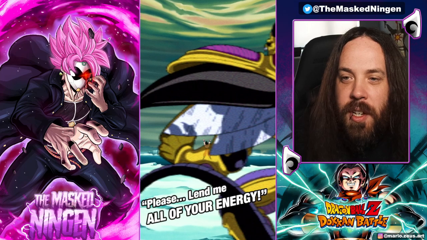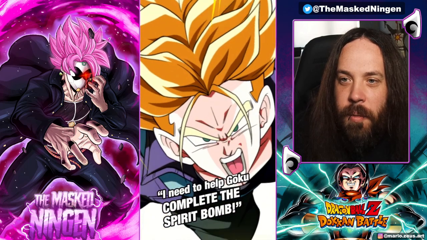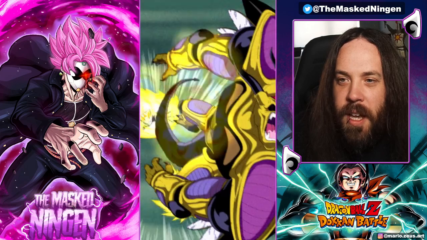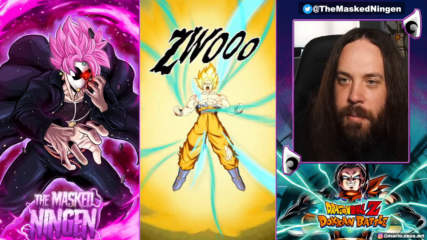Depending on how much damage this does, we could potentially win this turn, because this gives them guaranteed crits for the rest of the turn as well. So we have type advantage with the LR Super Saiyans, so it should be a pretty strong turn here. I don't know what the orb situation is looking like for them, though. But...